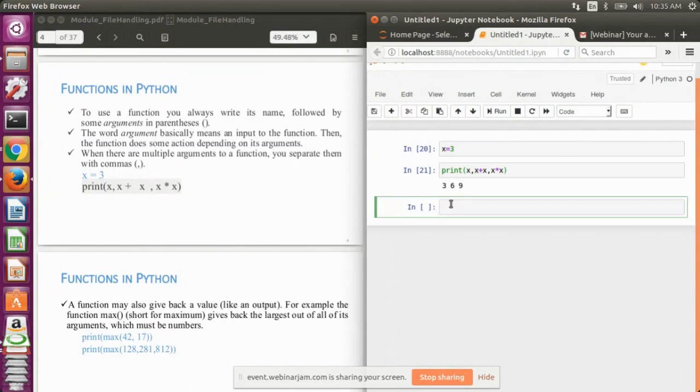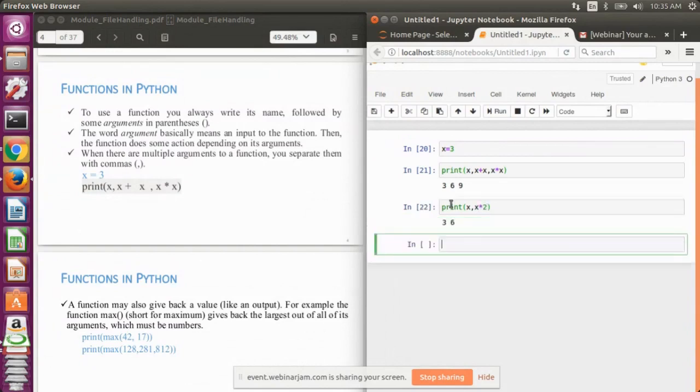Now, as we know, print can take any set of arguments. By default, print has been defined internally in such a way that the user can pass any number of arguments. If I now pass print x, x star 2, the output is 3, 6.